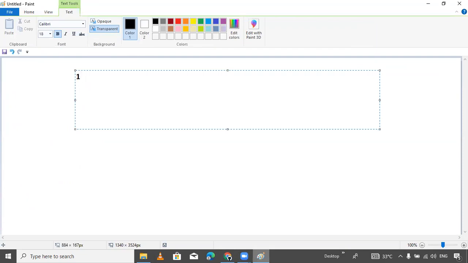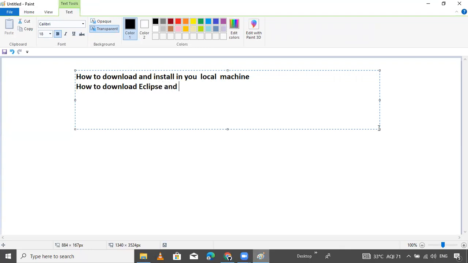First is how to download Tomcat server and install it in your local machine, and how to download Eclipse and the installation process.